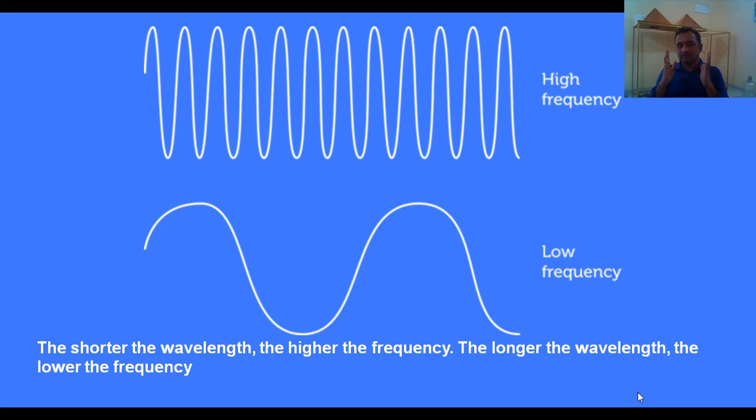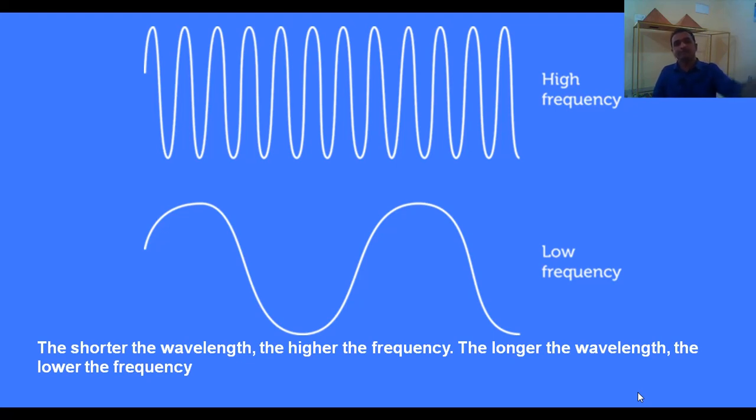Whenever you are studying waves, remember some terminology: frequency, wavelength, phase, antinode, node, time period, amplitude, displacement, distance. These are all wave characteristics, and we will study them further. Whenever you see the data, what is the frequency, what is the wavelength of the sensor, what is the wavelength of the data, what is the radiation of the wavelength. These are all we will study. What is high frequency or low frequency, like that.